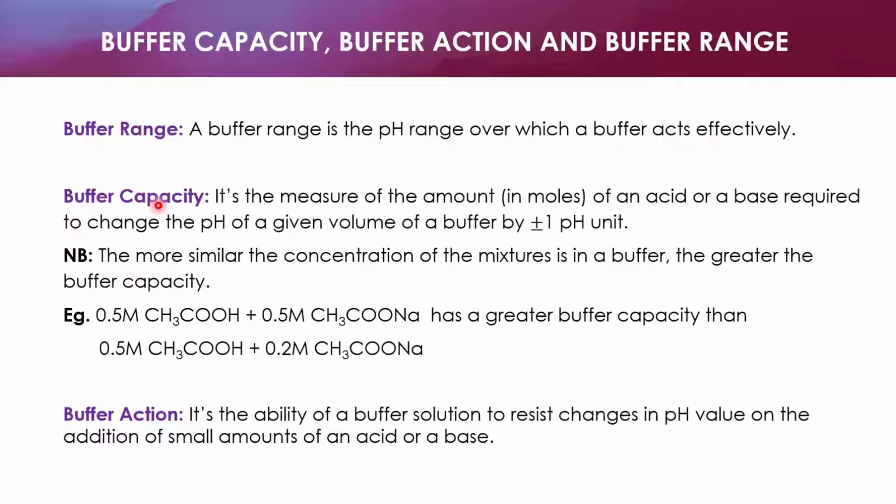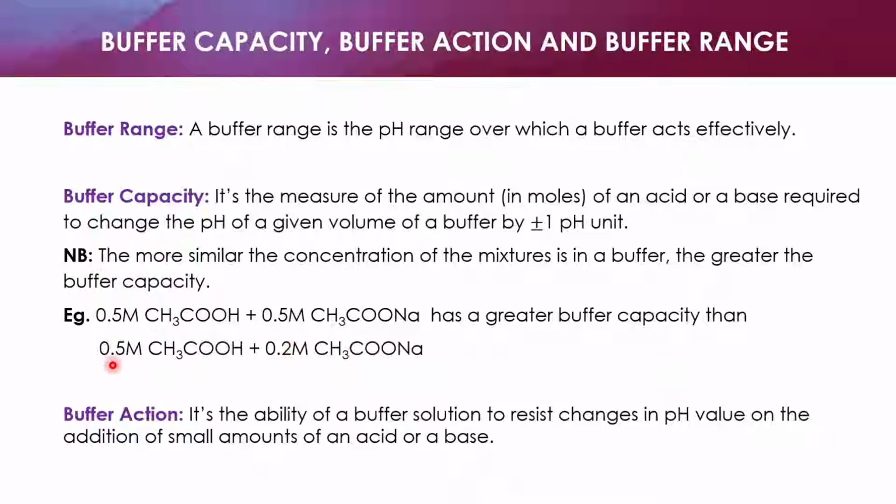And buffer capacity is the measure of the amount in moles of an acid or a base required to change the pH of a given volume of a buffer by plus or minus 1 pH unit. We should also know that the more similar the concentrations of the mixture in a buffer, the greater the buffer capacity. For example, if we have a buffer made from 0.5 molar acetic acid and 0.5 molar sodium acetate,